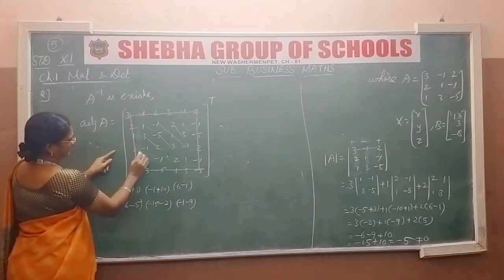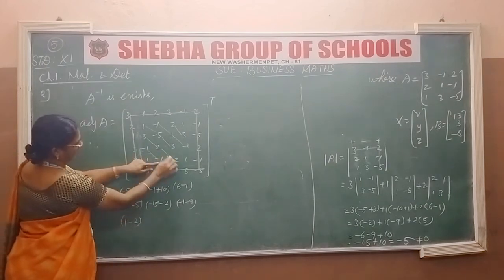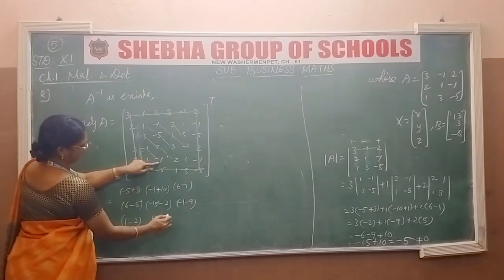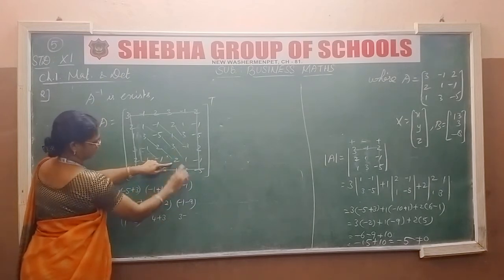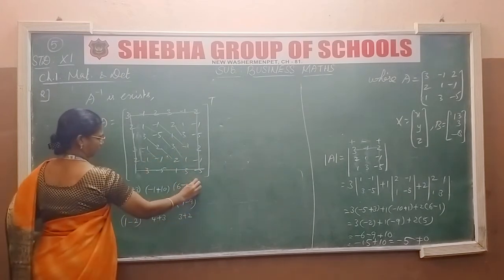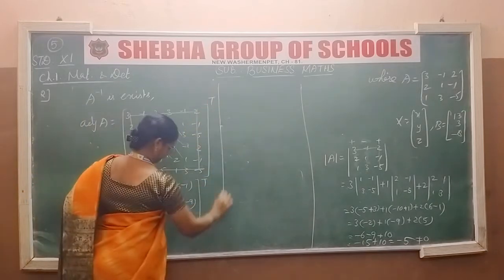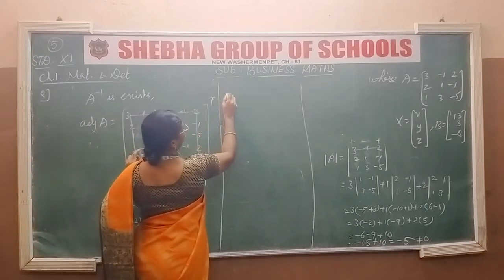Next consider last 2 rows, minus 1 into minus 1 plus 1 minus 2. And 2 2s are 4 minus 3 1 is minus 3, so it will become plus 3. And 3 1 is 3 minus 2 1 is minus 2, so we get plus 2. Its transpose is our adjoint of A. So our adjoint of A is,